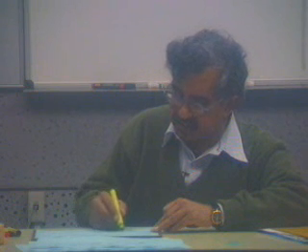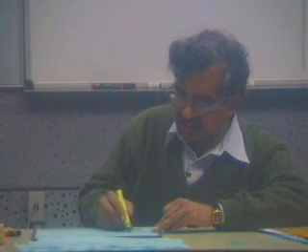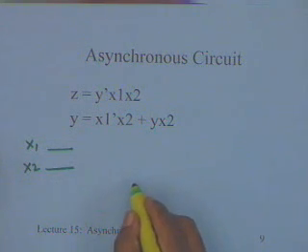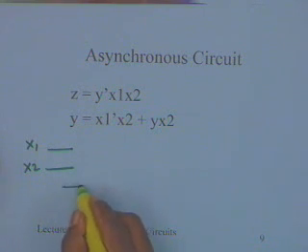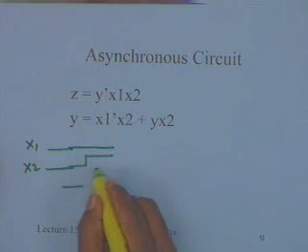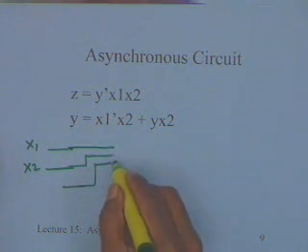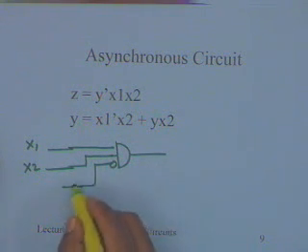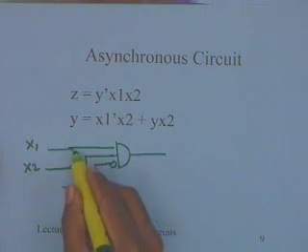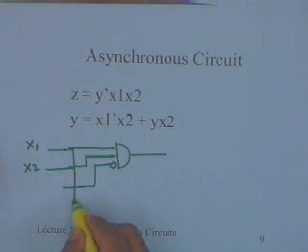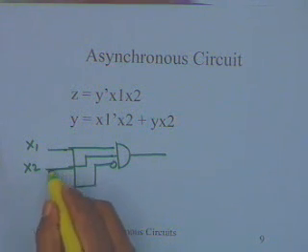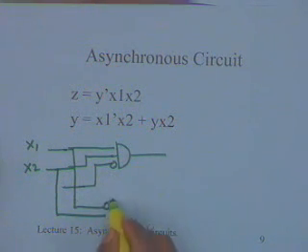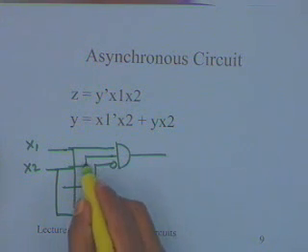So this is my x1, this is my x2, Y is going to come from my output, and now I will have x1 complement and I have